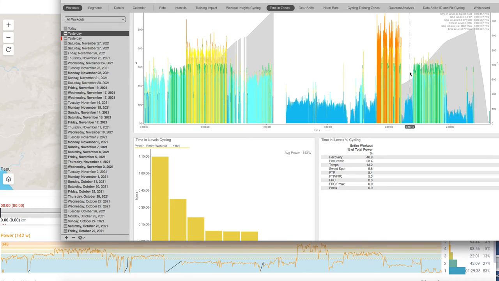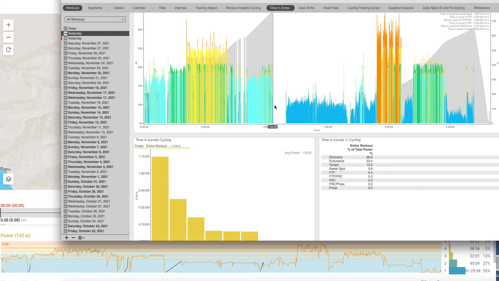And it's just because I use slightly different zones in Final Surge, or rather, that works out the way I work them out in Final Surge, and in WKO5 they're worked out slightly differently. Not a massive difference, it's obviously only 3.5%, but yeah, that's my ride yesterday, and that's how I do the analysis on various rides, having a look,